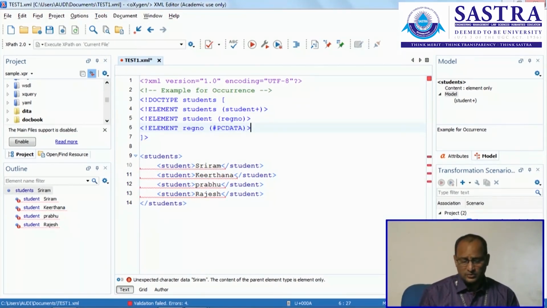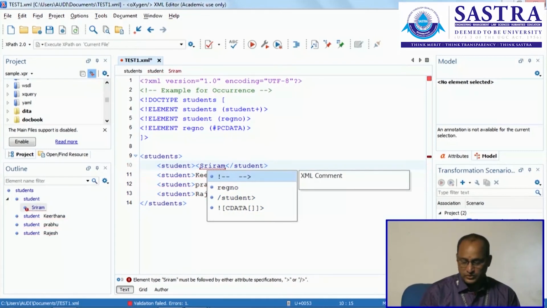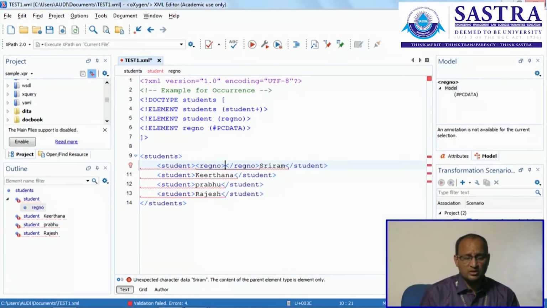Suppose I have, why is this wrong here? Because every student will have a register number. So we have to provide the register number for all the students. Instead of giving the register number, better I can give name. Name also, only one name for a student. So I can skip this as name. So automatically every student will have this